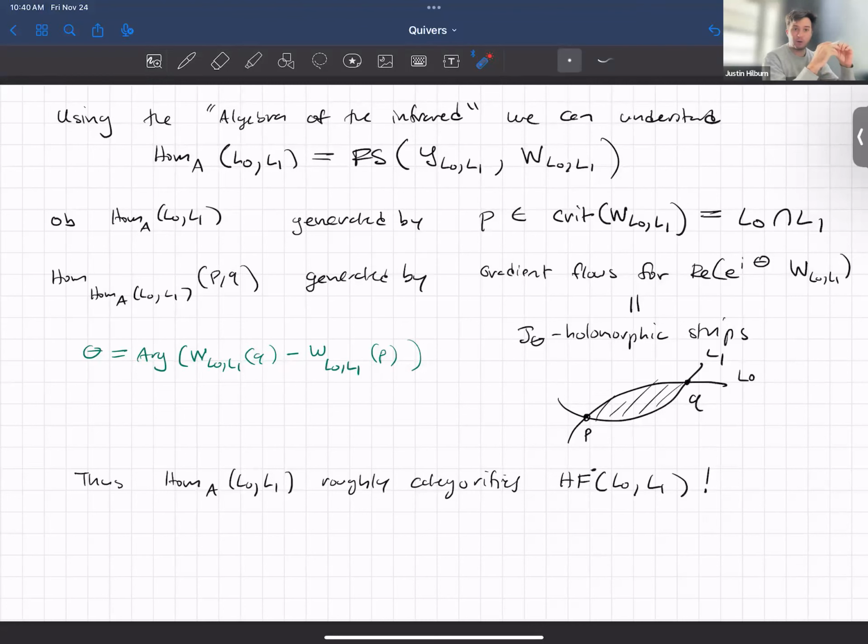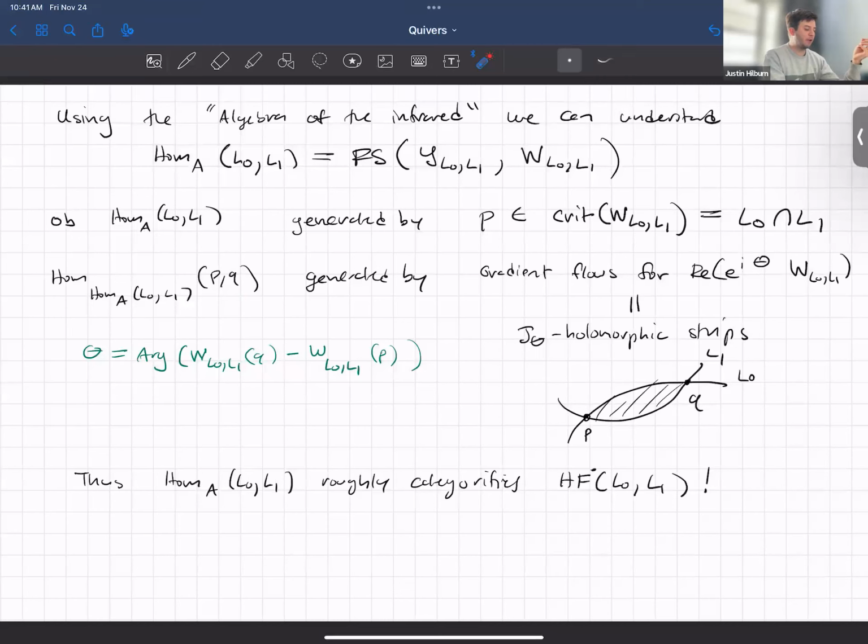Now I'm going to make a category generated by direct sums of all these critical points, and maybe twisted complexes of them. Those critical points are exactly these intersection points. Now if I want to compute the morphisms between two of these critical points, which are the objects of this Fukaya-Seidel category,